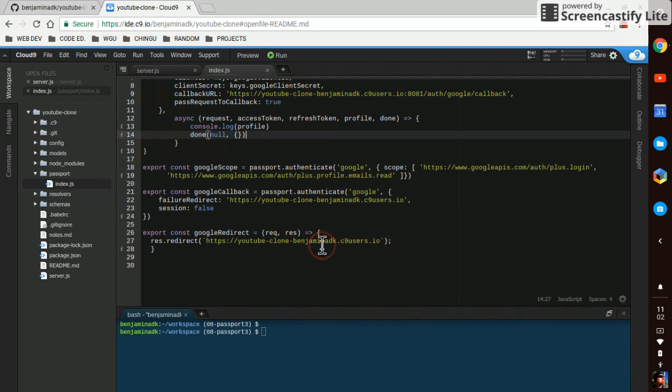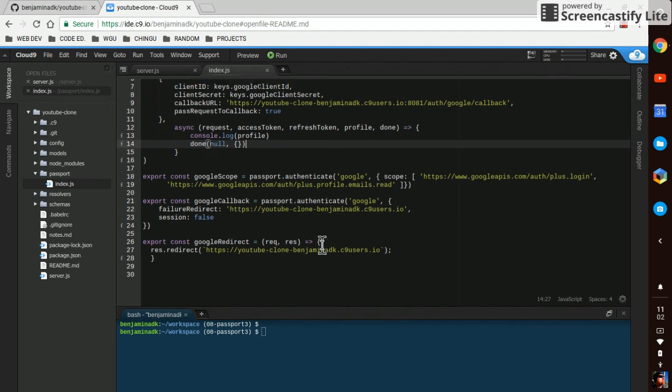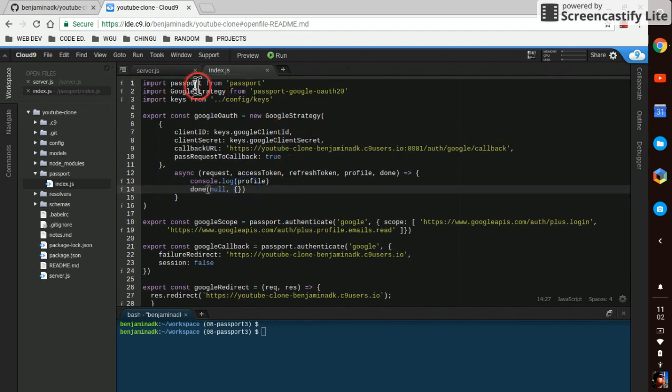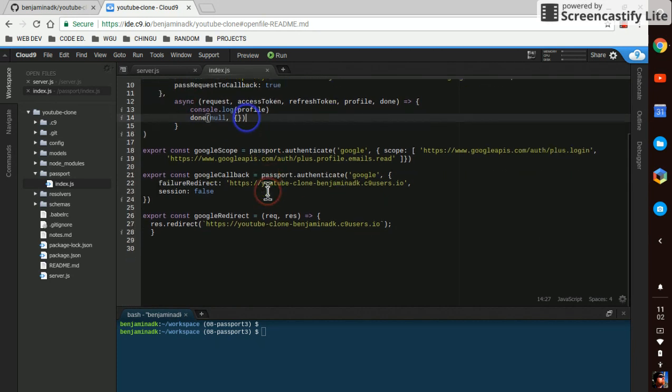So what's going to happen? The front end is going to call Google. Google is going to call the back end. Rather, the front end is going to call the back end. The back end is going to go call Google. Google is going to call the back end. We're going to call Google, and then Google's going to send it to the front end. Something like that. So, without further ado,